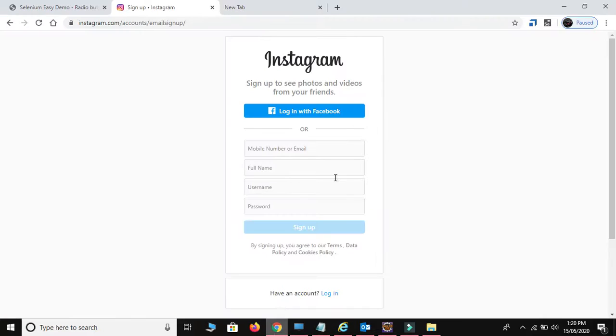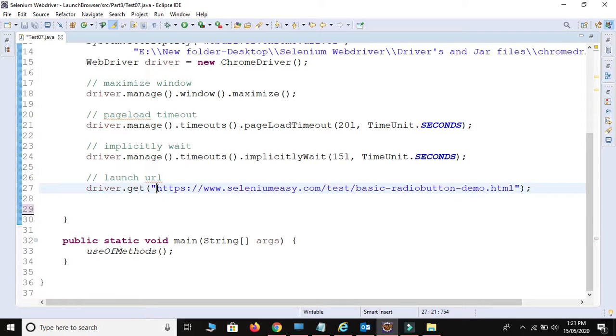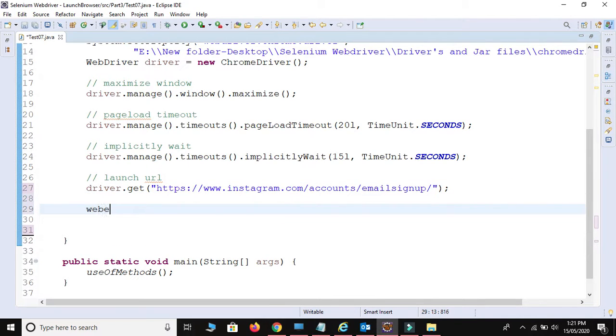So now the URL is this one. So let me copy and change the URL. Now I will change the URL. Okay, we are going to find the web element. So we use WebElement